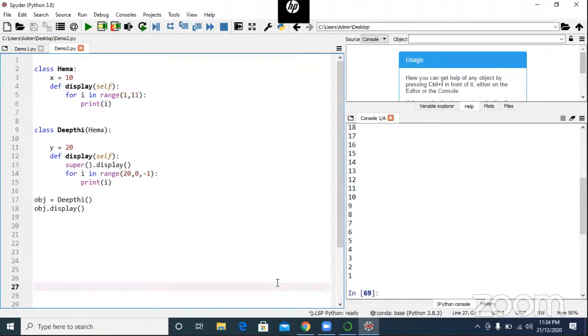Public methods can be called anywhere. You can import a package or a module, and once you import a module, you can create objects for a class of that particular module. We have the inheritance concept, with four types of inheritance. We have method overriding. Method overloading is not there. Constructor overloading is not there.